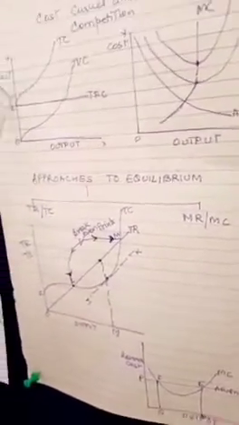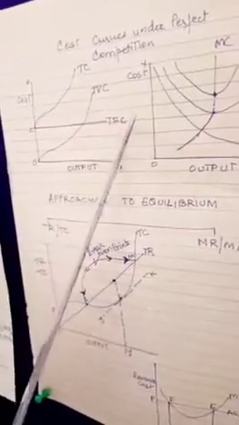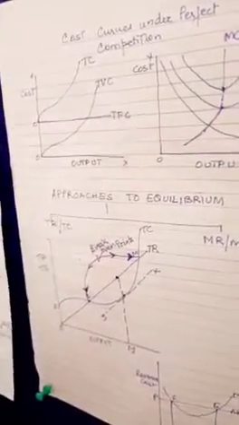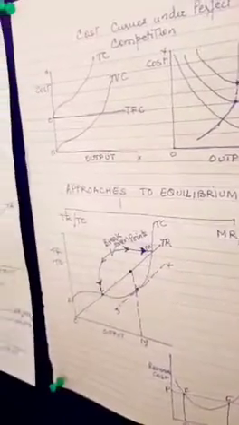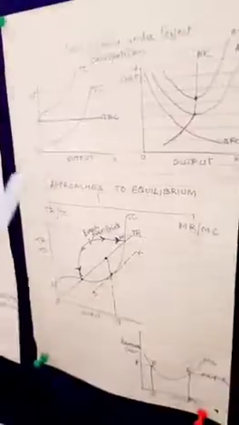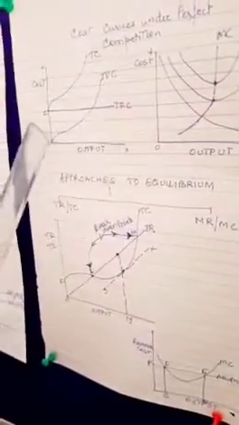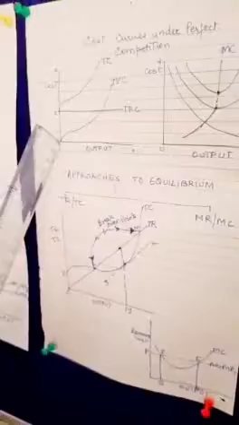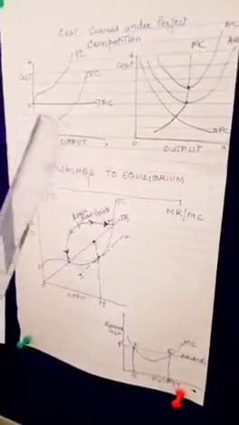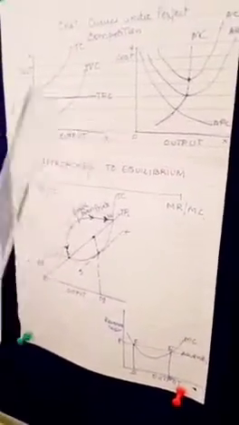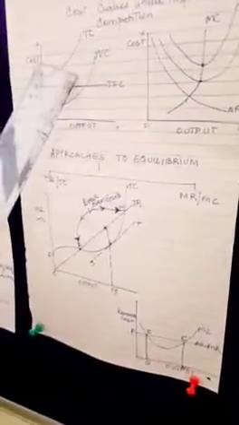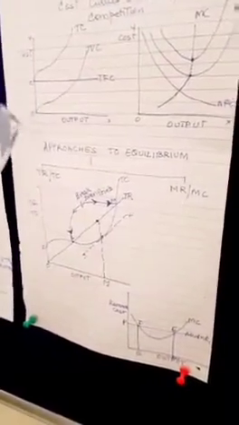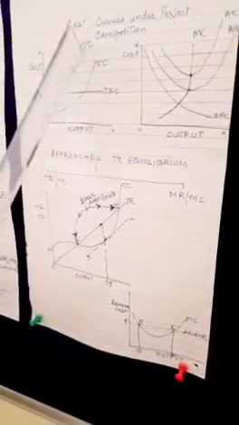So here we see that OC, that is TFC, which is a straight line, shows the fixed cost, and variable cost, which is incurred on variable factors of production like raw materials, labor and so on. So when the variable factors are not employed, the variable cost is zero, and as we increase the variable factors of production, the variable cost also increases. And when we add TFC to TVC, we obtain the total costs. This figure shows the TFC, TVC and TC.